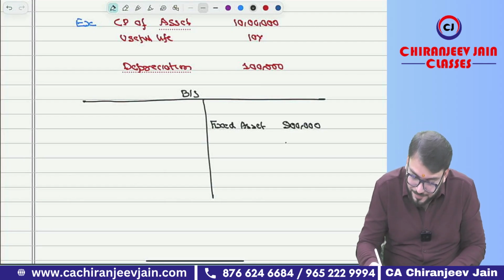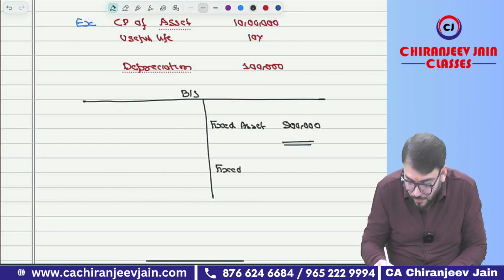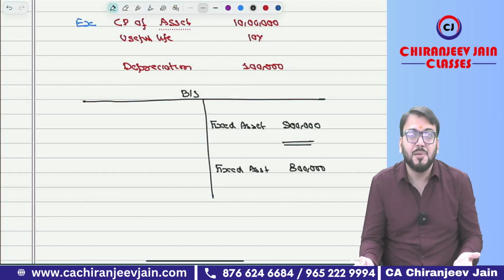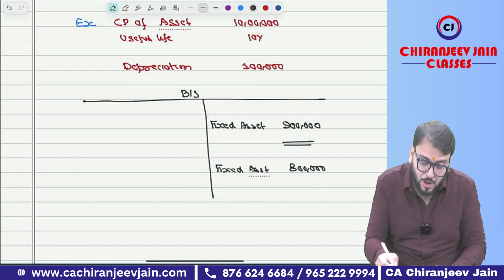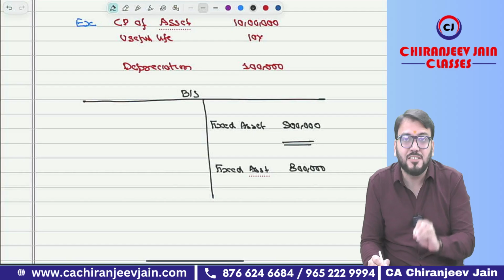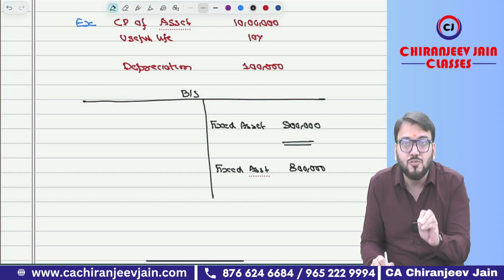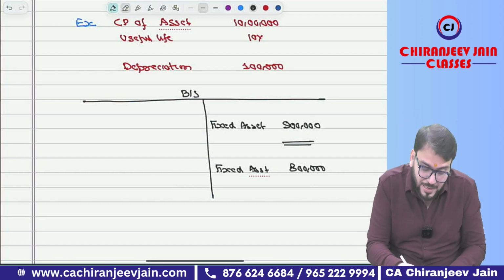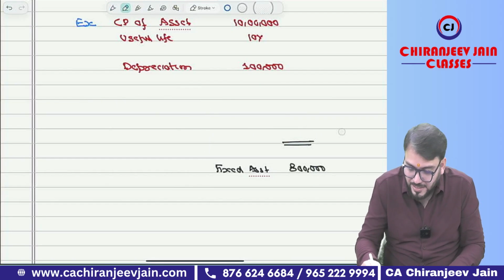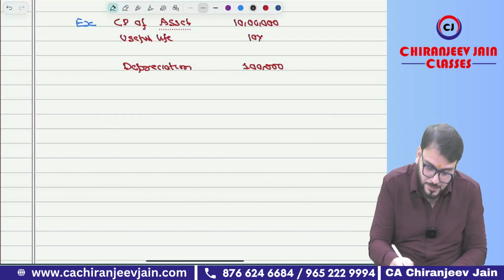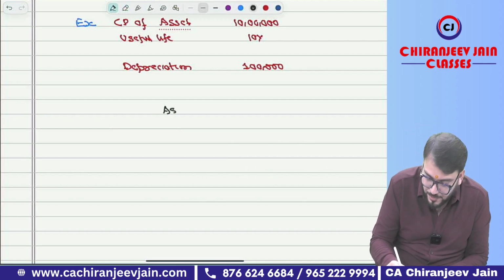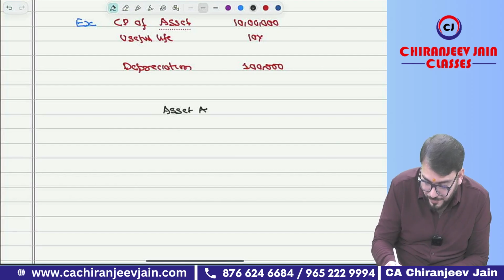In the second year, your fixed asset will be how much? In the second year, your fixed asset will be 8 lakh. It's as simple as that. So every year you are passing one journal entry, depreciation to asset, and your asset account will get reduced by 1 lakh every year. It means I can show you by way of account also. Means if I am saying we are preparing the asset account,